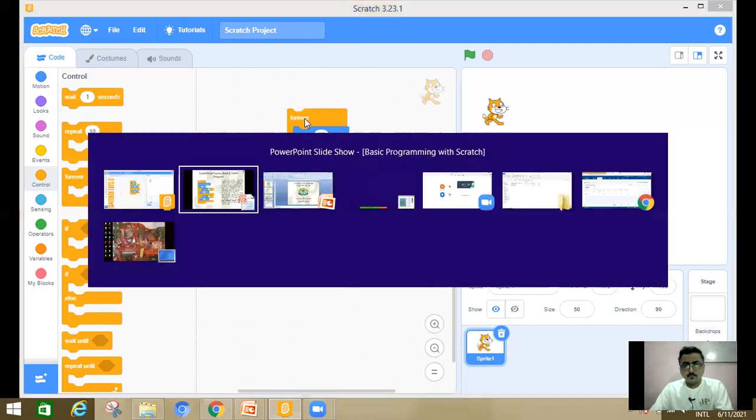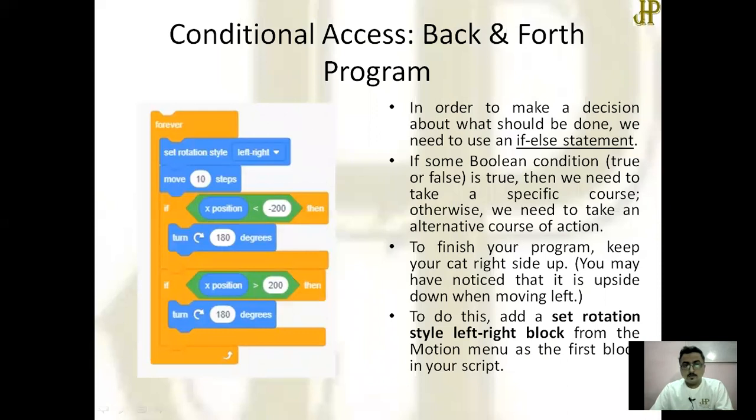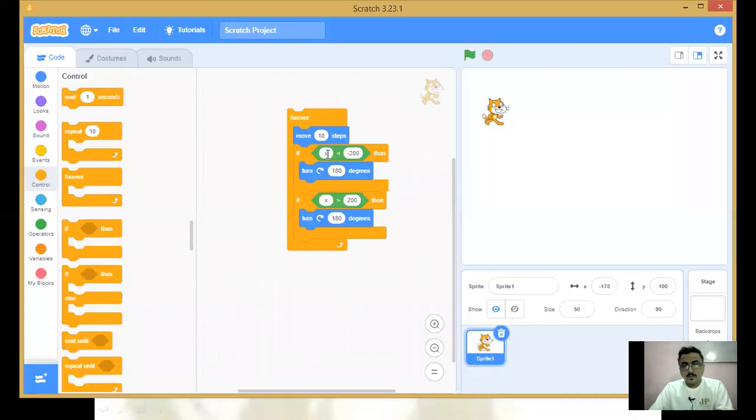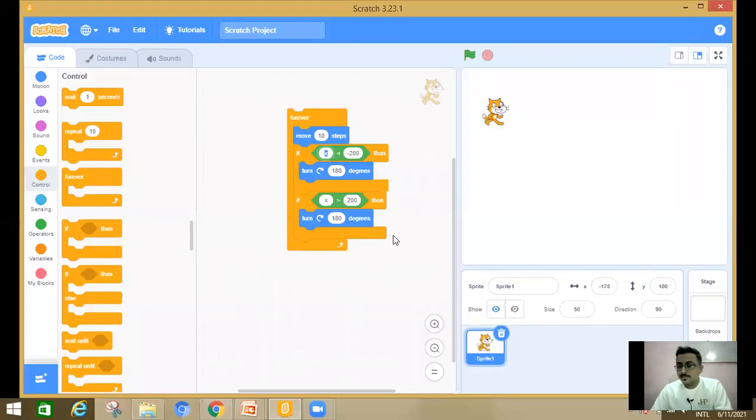So what is to be done? I have read only X. Here you can see that X is nothing. I have to take the X position. Okay, something I have written wrong. So go to the sensing.